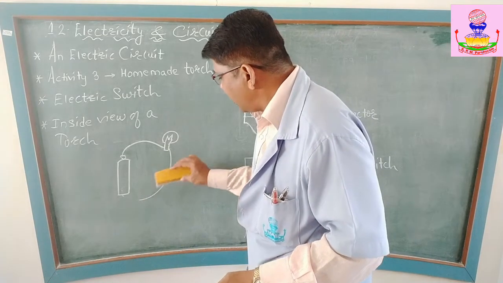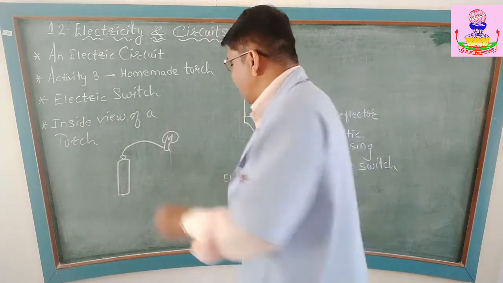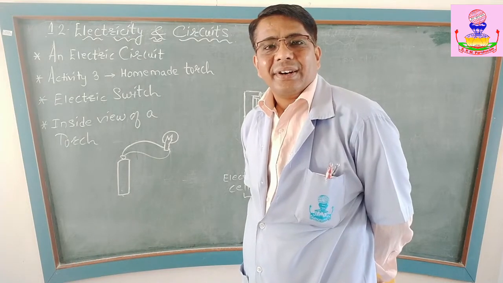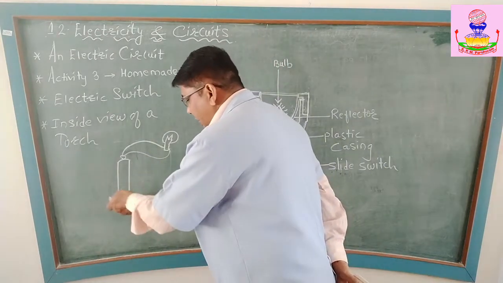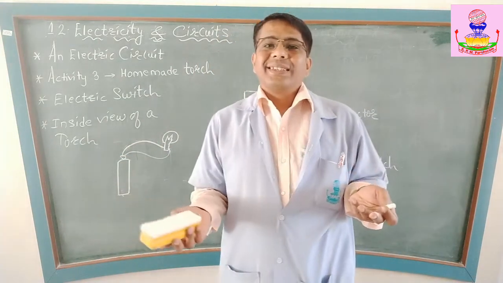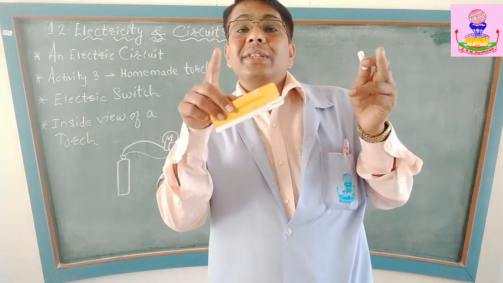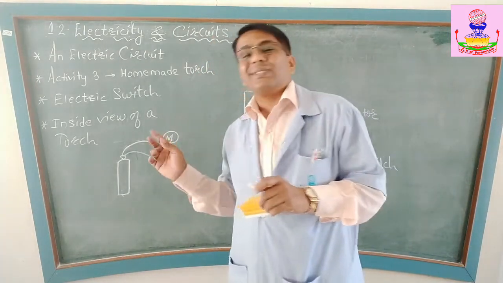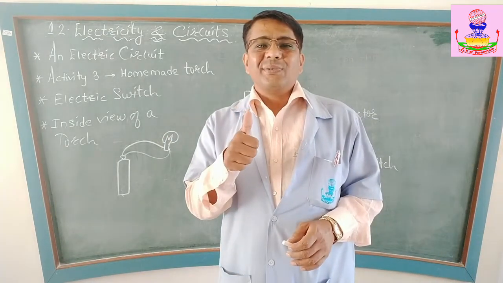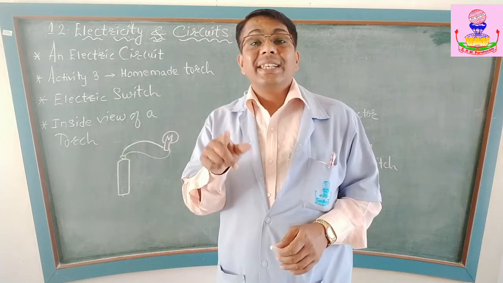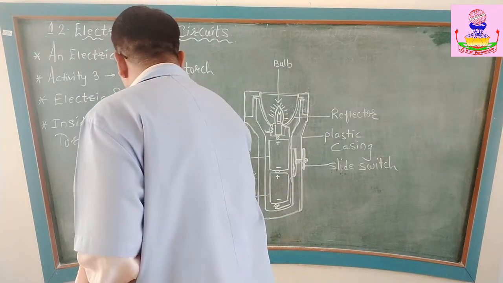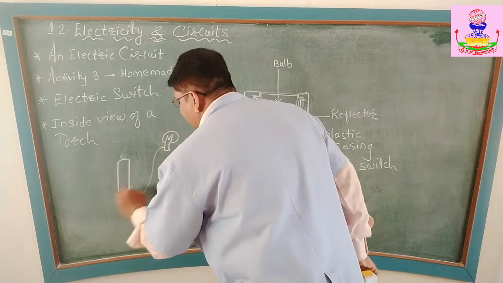Then in the fourth case, we connected both of these to the same terminal. Here, the wire did not come to the negative terminal. I just started here and came to the positive terminal again. So the circuit was not complete. The two terminals of the cell were not connected to the two terminals of the bulb, and hence current did not flow. And so the bulb did not glow.